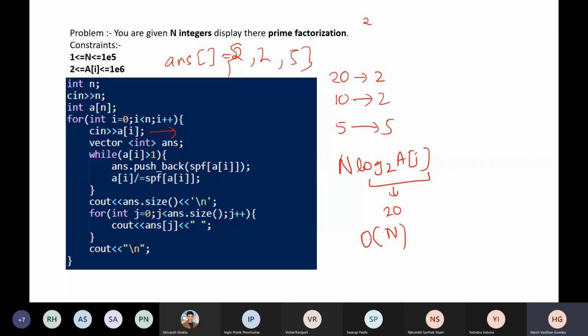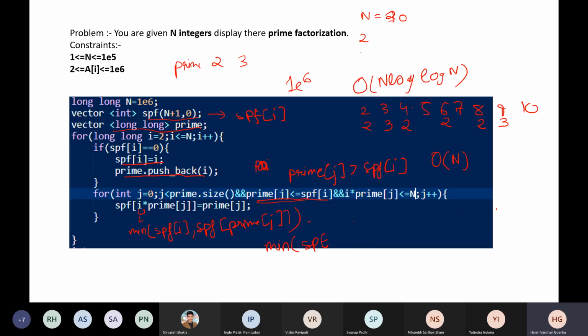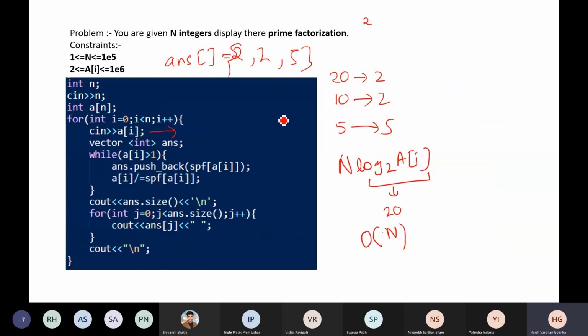The reason is basically that if we go by the smallest prime factor, it will take O of n operations. The only reason is that each number will be visited exactly once while pre-calculating the smallest prime factor. Like one of you said, we can calculate any one prime factor for each number and do this thing.